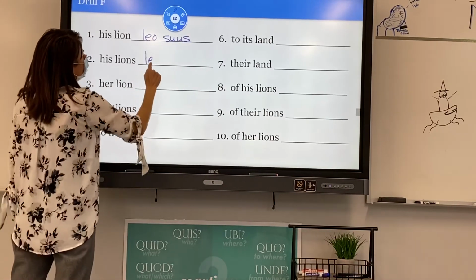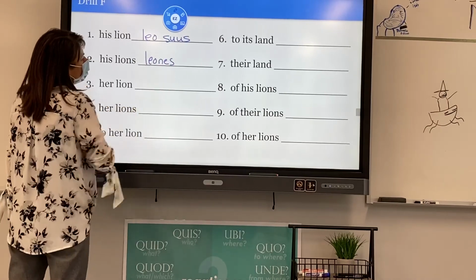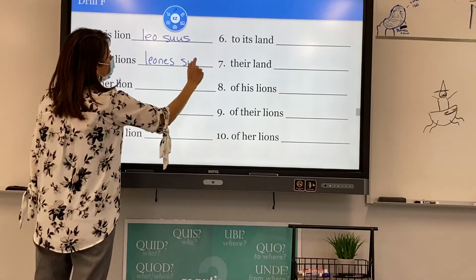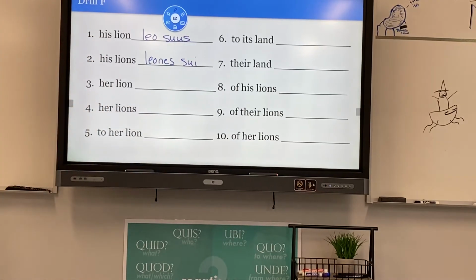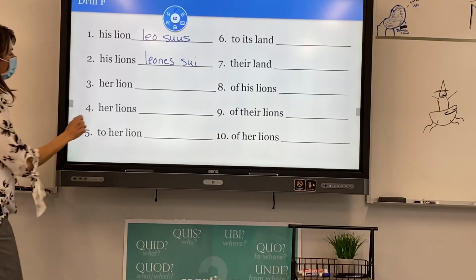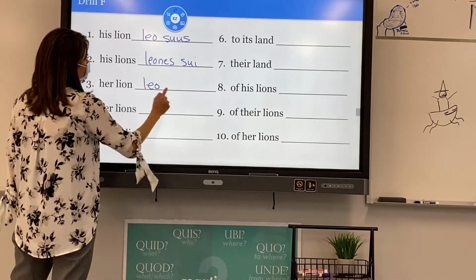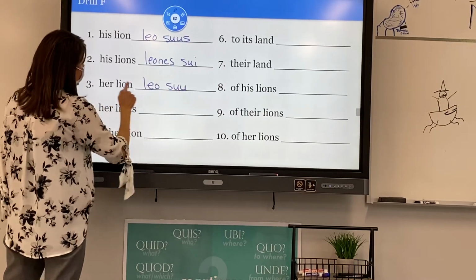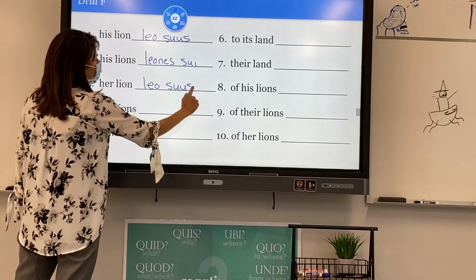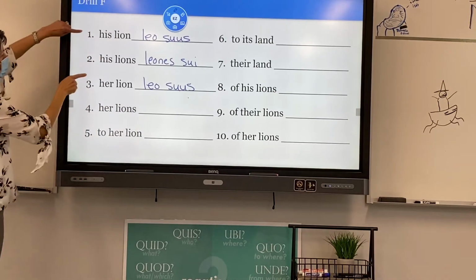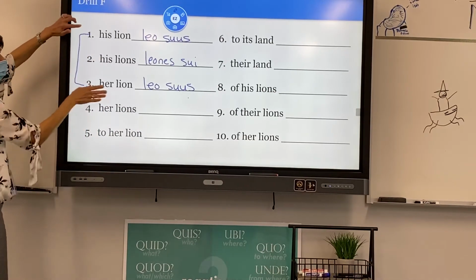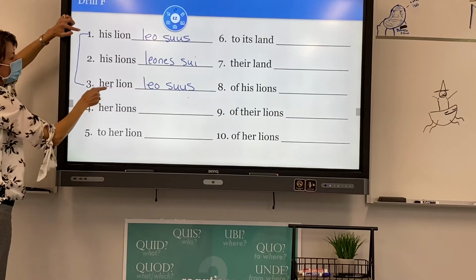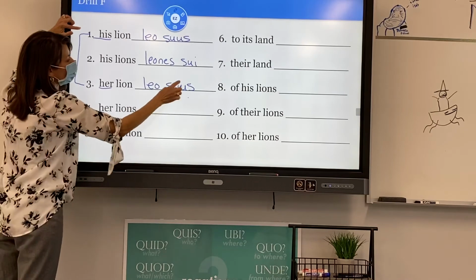His lions. Now we got plural nominative masculine, so sui. Okay. Her lion, leo. Lion is still masculine, okay? Don't let the her trick you. Still suus, okay? Notice these two are exactly the same. Leo suus, leo suus. The only way you know it's her versus his is you have to look at the